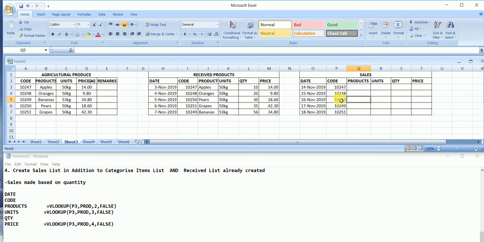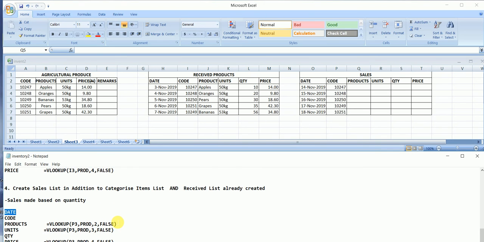So these items we sold on different dates, and it's possible that you can have more than one item that was sold on a particular date. But this is just an illustration. And once you understand it, then you can play around with it, manipulate it the way you want it. So what's the item that is associated with 247? Instead of typing it manually, I will also still use the VLOOKUP